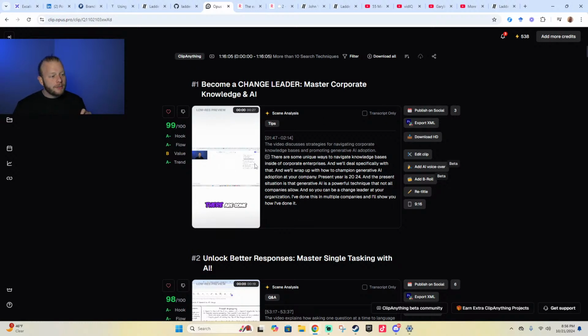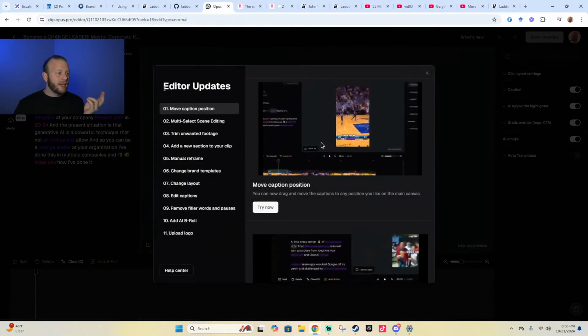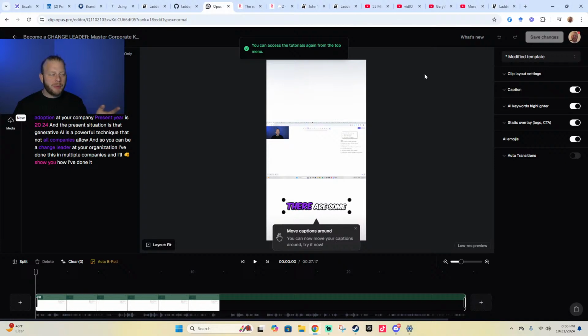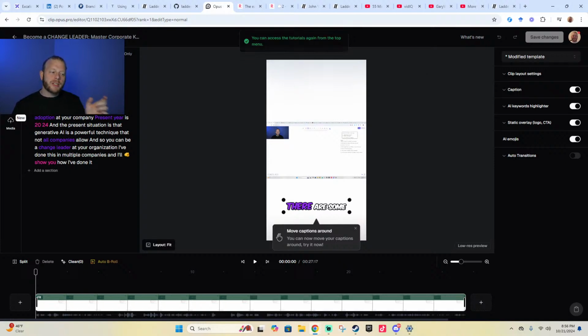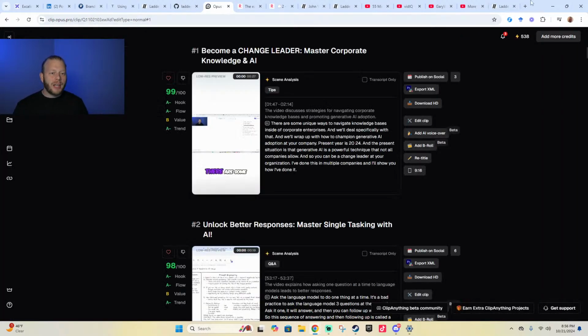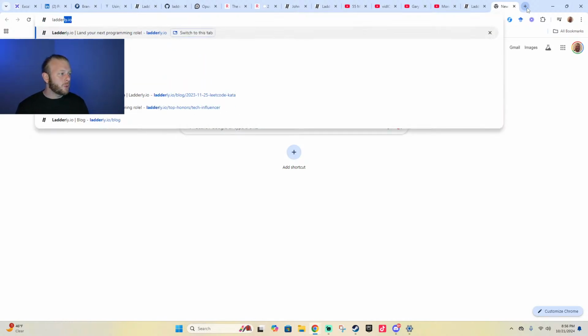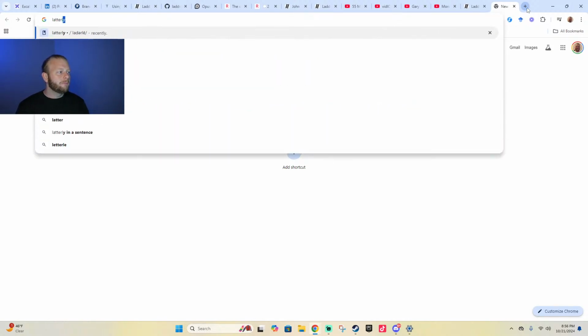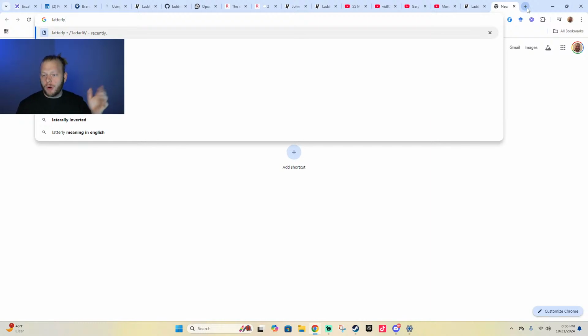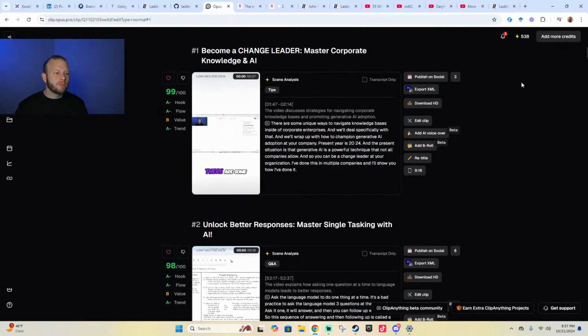And there are rudimentary editing tools here in Opus Clip. And these have gotten better over time, and I expect them to continue to get better. So you can adjust the clip time frame a little bit if you want to. You can adjust, like, you see how this text is purple? You can adjust that as well. You can fix typos. So laterally, which is spelled this way, is often transcribed this way. So I will often go in and fix that spelling. So there are some editing options available on Opus Clip.